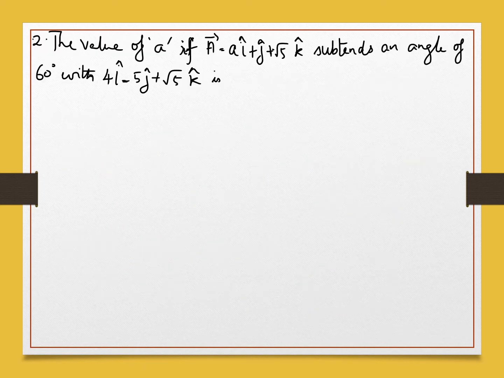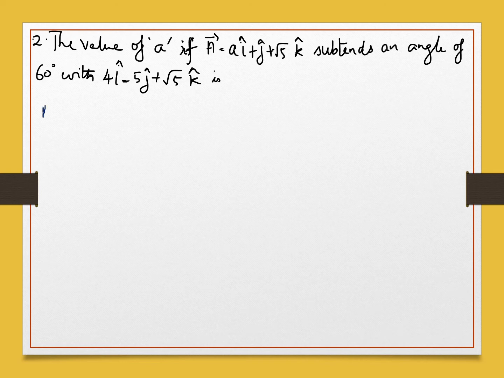So here the question is: find the value of a if vector a is equal to a i cap plus j cap plus root 5 k cap, and the vector a subtends an angle of 60 degrees with another vector 4i cap minus 5j cap plus root 5 k cap. So the solution for this is we have to do